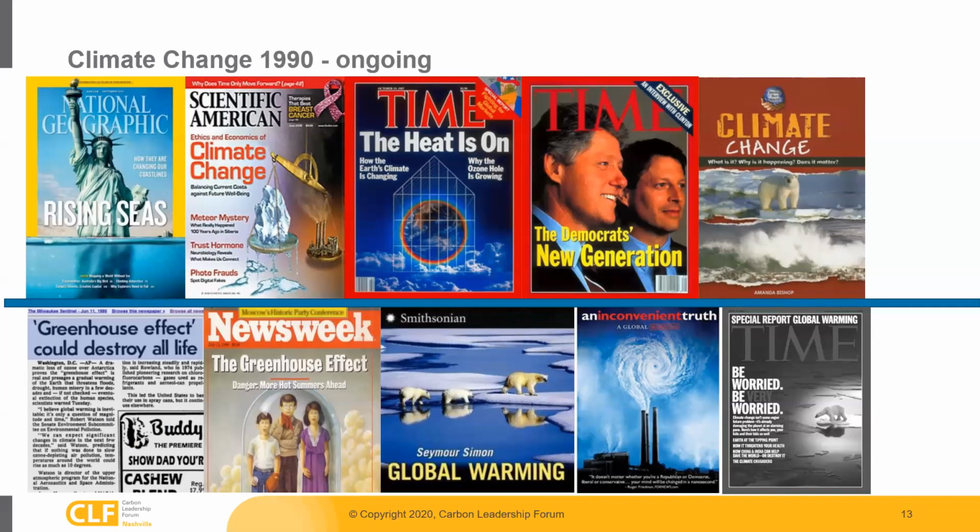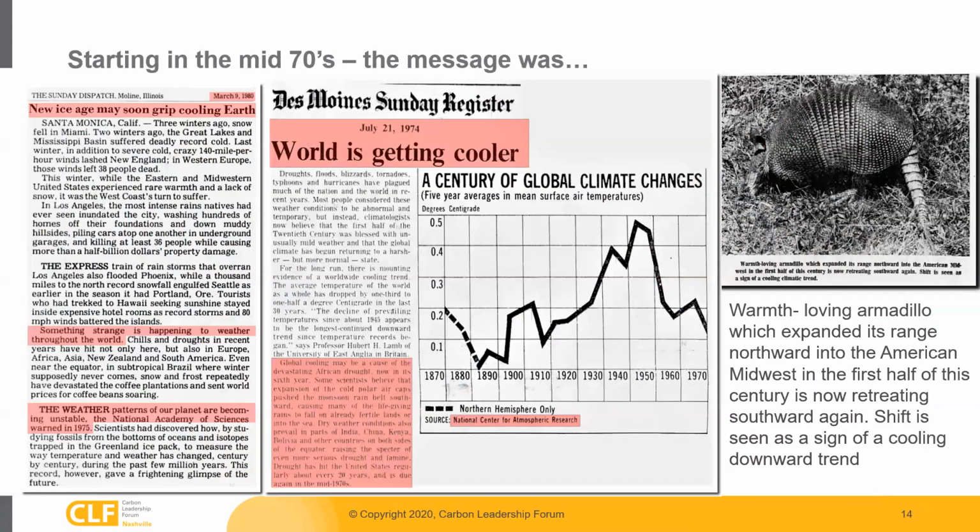These are then the newspapers that we saw in the magazines, and you can take a picture of that. You can read it for yourself. Everything was then global warming and the climate change is coming, and we will just have a few years to live. Now in the 70s, if people remember back in the 70s, and I will be quick with that, so bear with me a second,